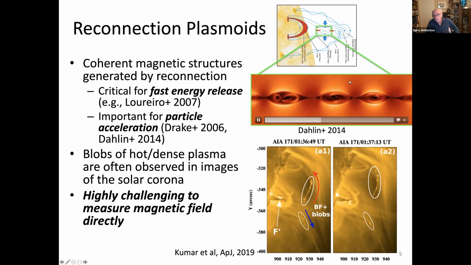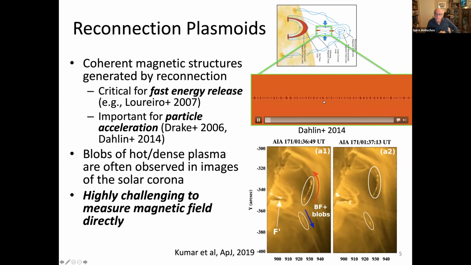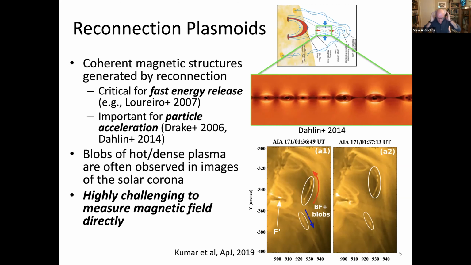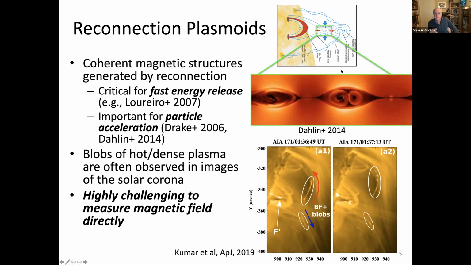Now, this simulation is very different from the actual sun because this simulation is kinetic. Its scale is of order meters, where here we have 100,000 kilometers, and also it's a very simple 1D initial system and has periodic boundary conditions and so on and so forth, which is not what's going on here. So it's a far cry from the real system, but it shows you that plasmoids tend to